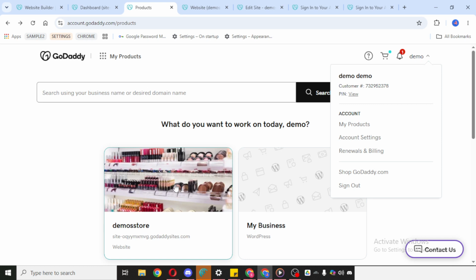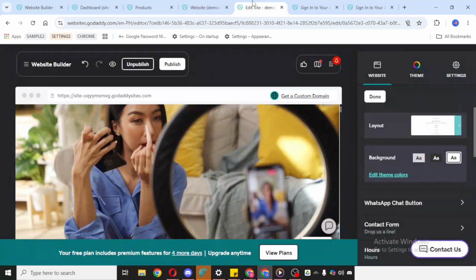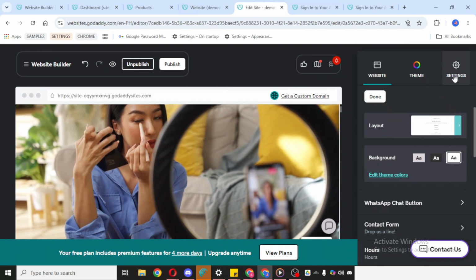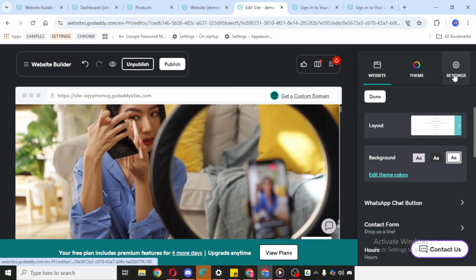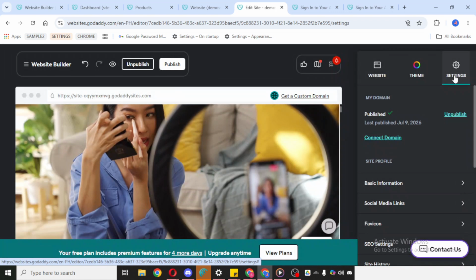When you locate the correct website, click on it to open its management options. Then choose Edit Website. This will take you into the website editor, where you can make changes to the site and access more detailed settings. Once you're in the editor, go to Settings. This is the section where GoDaddy gives you control over important website functions, including the site's publishing status.